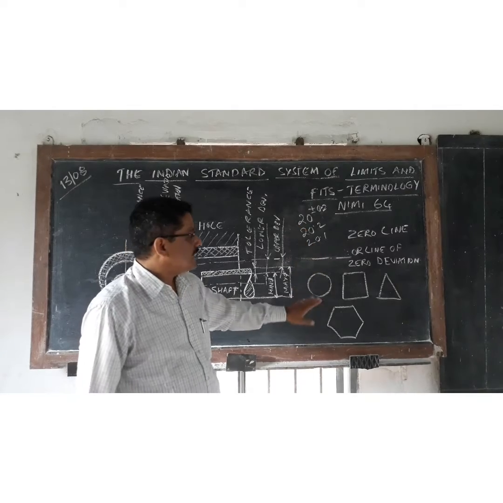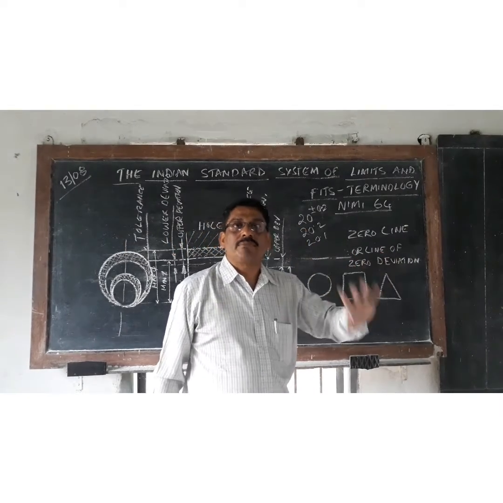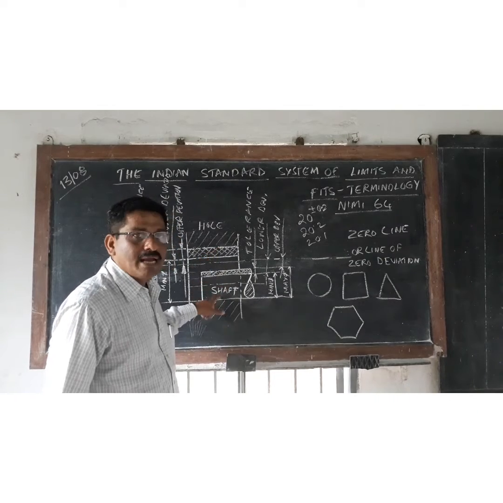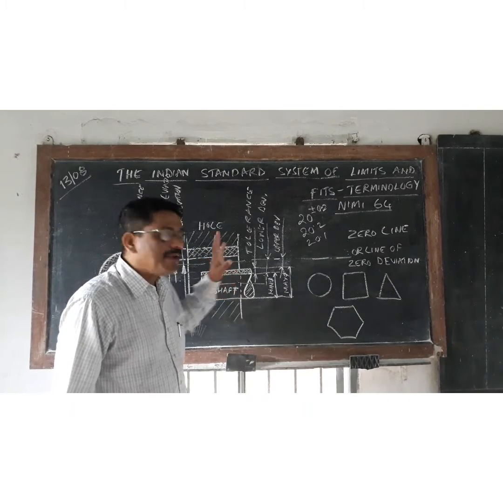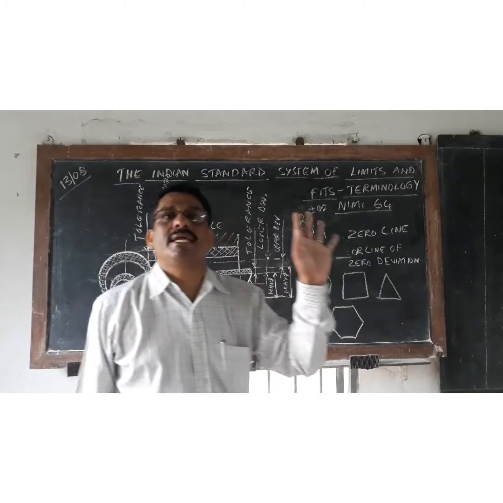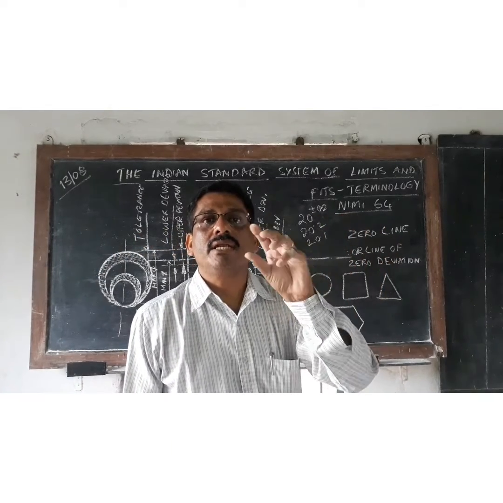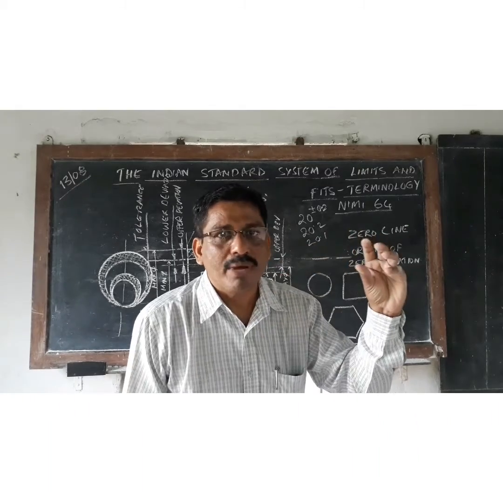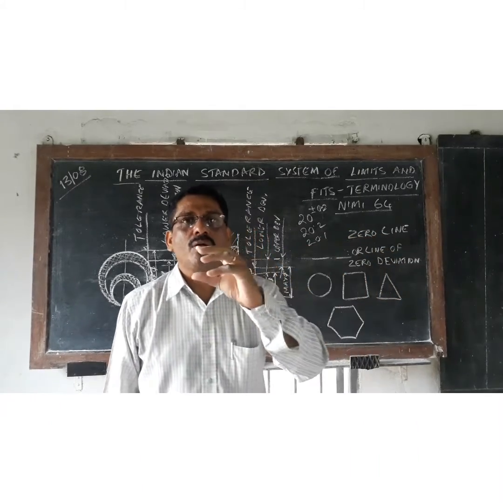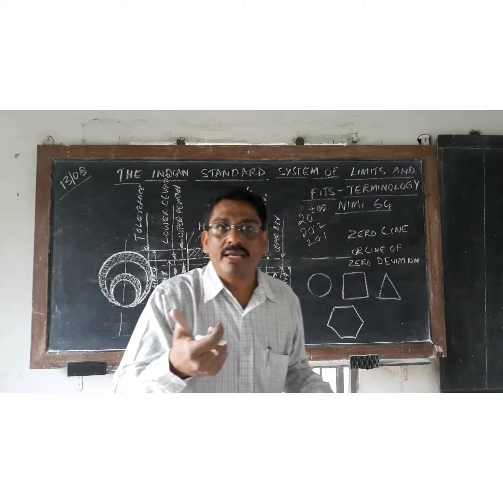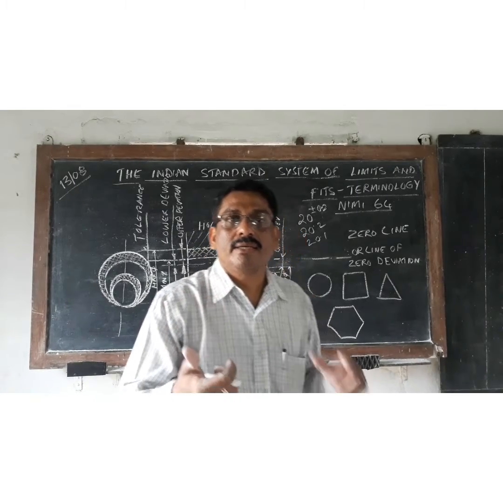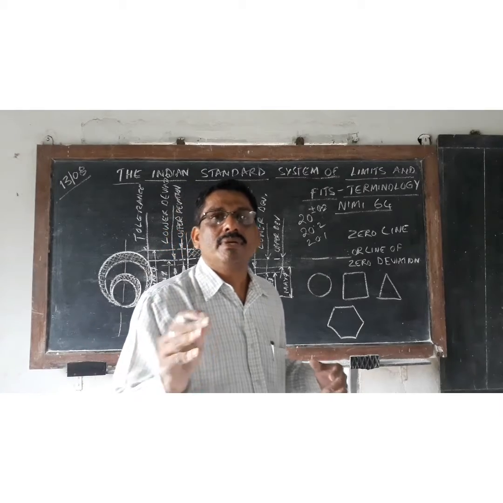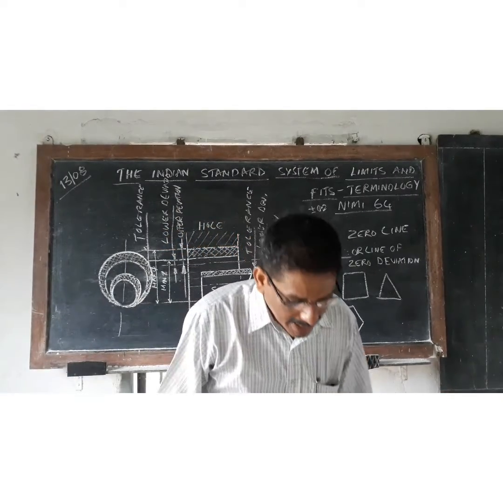Got it? Same thing, one more is the shaft. So all this terminology is given for hole and shaft. Shaft means all the external details. External detail means it is not only a round rod. It may be a square bar, a hexagon bar, a rectangle bar, whatever it may be. But all the external features are called a shaft.